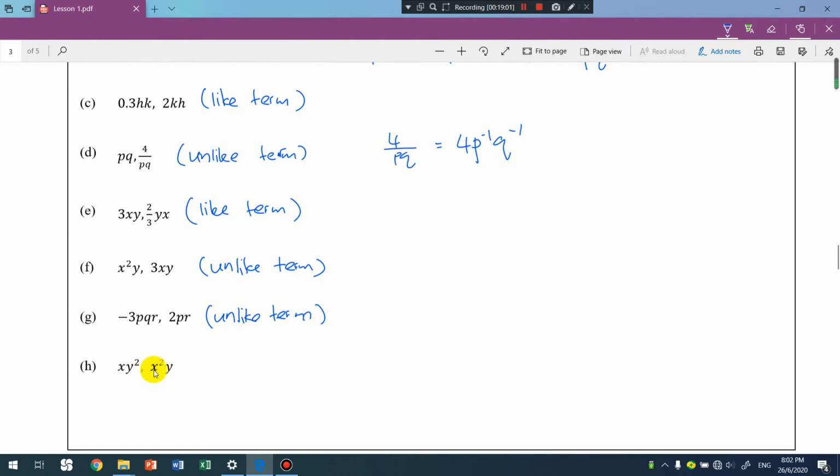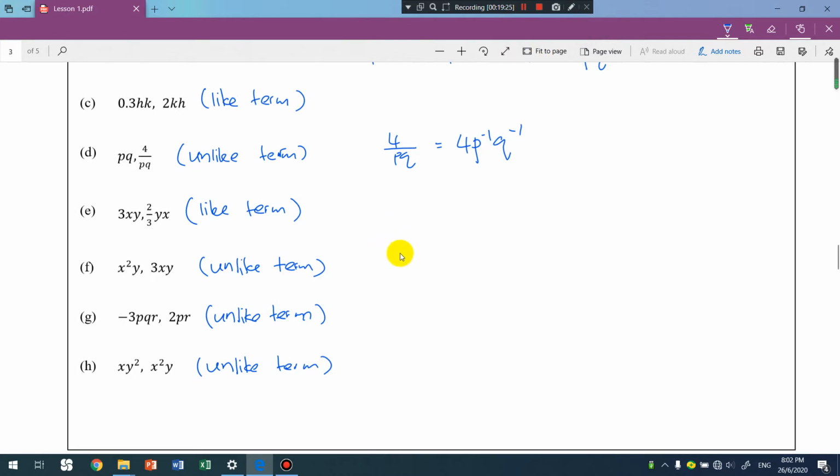xy squared, x squared y. Power difference. This is x power 1, this is x power 2. This is y power 2, this is y power 1. Difference. So will be unlike term. Okay. So this is the way how we want to determine the given algebraic terms are like terms or